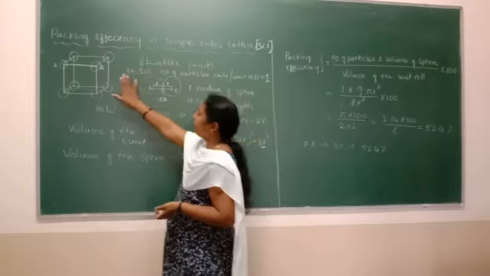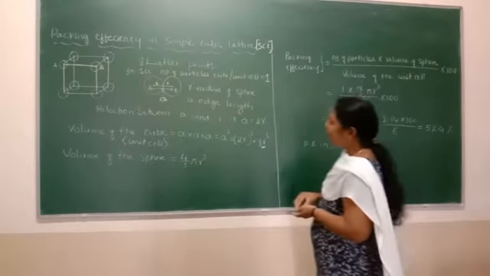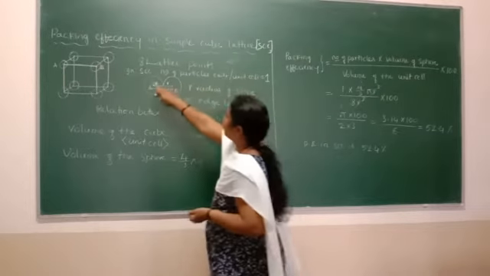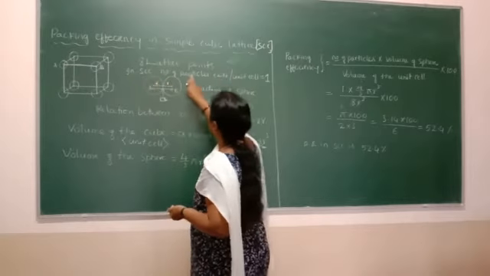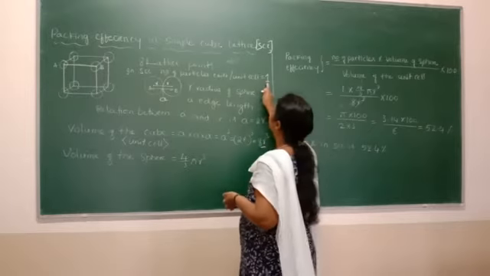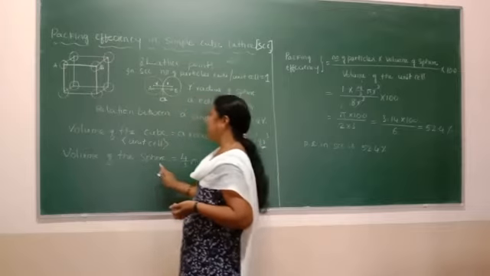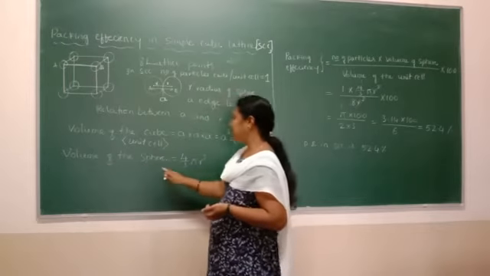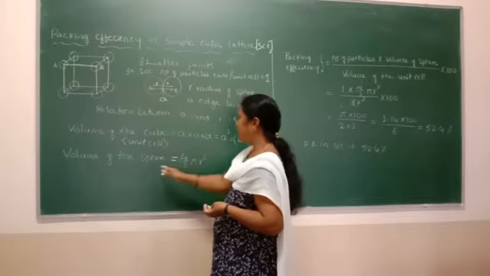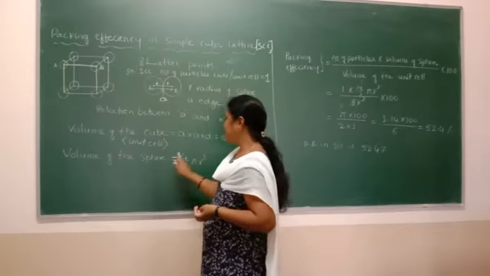Next, we know that in the case of simple cubic, there is an existence of one particle per unit cell. So one particle exists per unit cell. I have mentioned here, in the case of simple cubic, the number of particles per unit cell is found to be one particle. We have represented each particle in the form of a sphere. Then we go for the volume of a sphere. What is the volume of a sphere? We are all familiar that the volume of the sphere is 4 by 3 pi r cube.